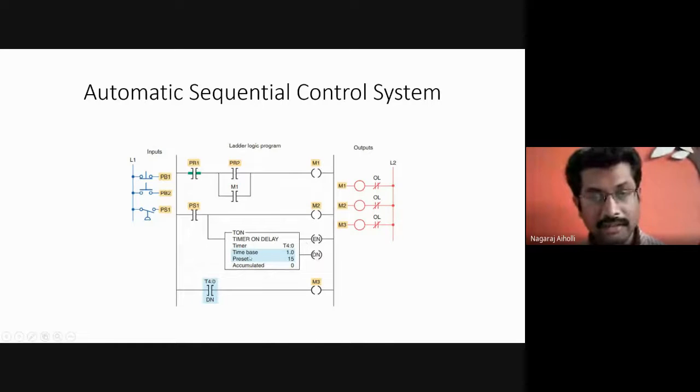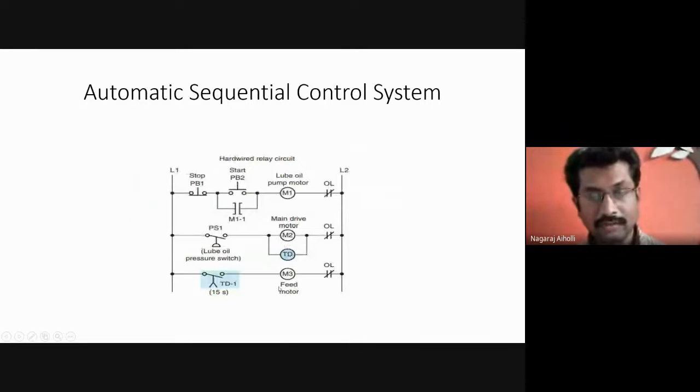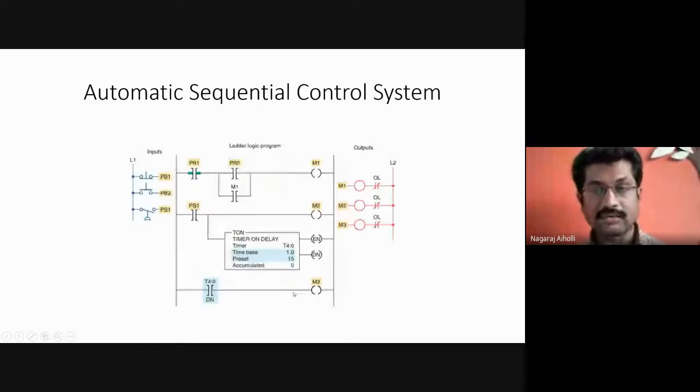After the time delay of 15 seconds has elapsed, the DN bit is set, and this motor M3 will be energized. So motor M3 is the feed motor. The feed motor will be energized. Okay. All three become energized in sequence. Say the first motor is energized first, then the second motor may be energized after 10 seconds, the third motor may be energized after 15 seconds, like that, in sequence, right?